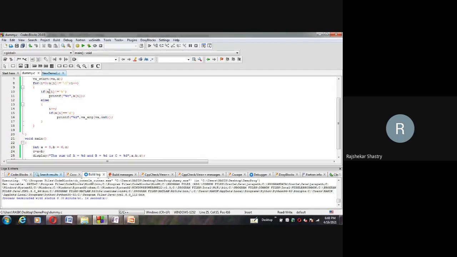Again, it will get into the body. A of 1. What is A of 1? What is that next? H. So H is also not equal to percentile symbol. So not equal is true. The condition is true, so that H also will be printed. Now again I gets incremented, then it will become 2. A of 2 is E. E is not equal to percentile symbol. So that E will be printed.